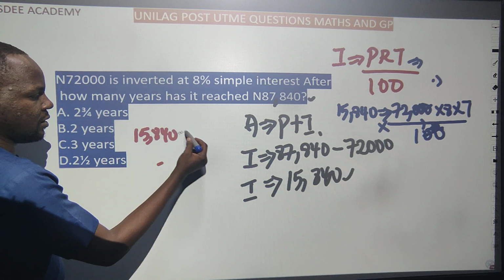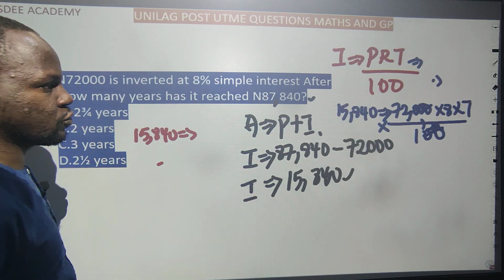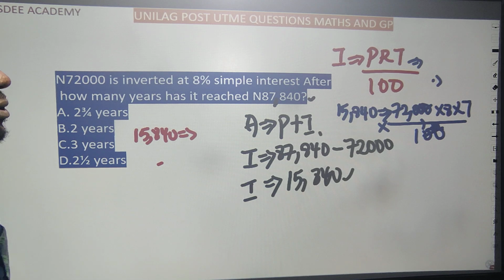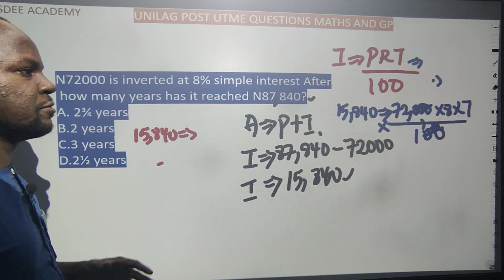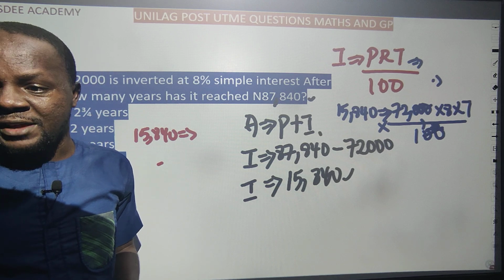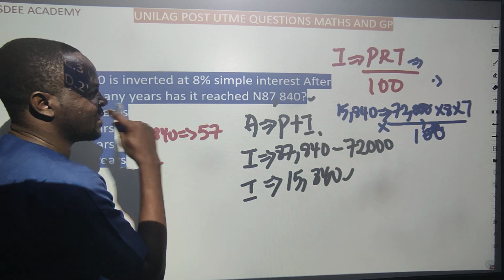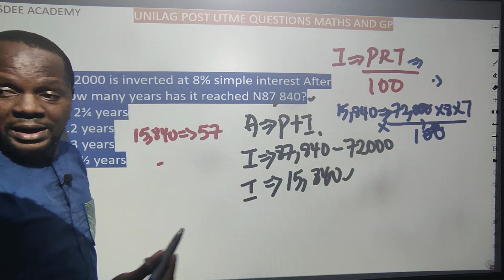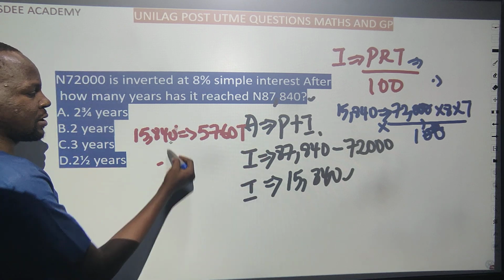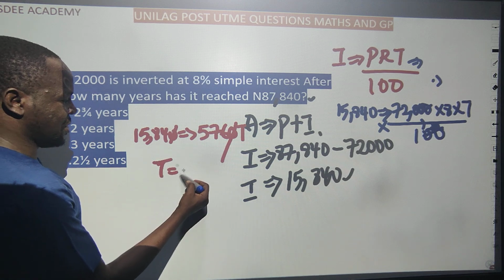15,840 is equal to what I have there, which is 720 times 8. 720 times 8 directly gives 5,760. Admin, please confirm. You can see 5,760, right? 5,760t. So directly I can say, the zero also gets cancelled out. No time to waste. I say t is now equal to